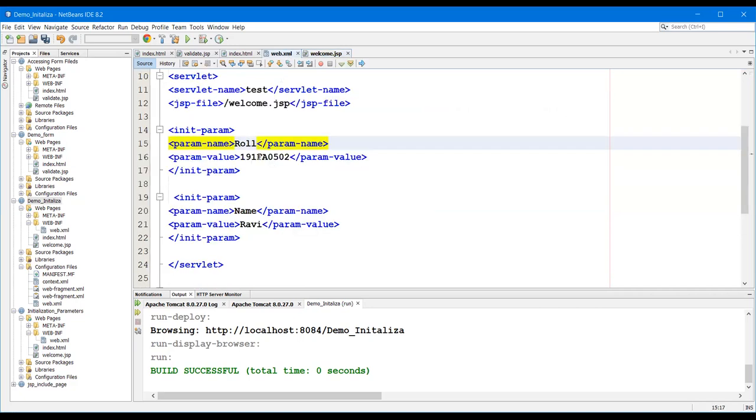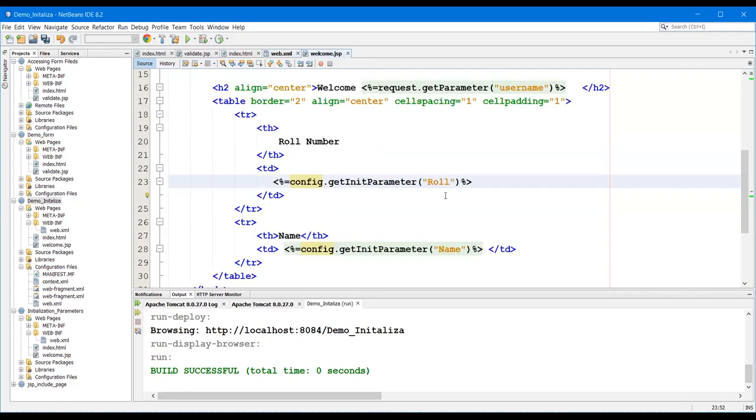What is the value of that roll number? This one is the value. We also have another method, getInitParameterNames, and if we use that, then we are going to get the names.